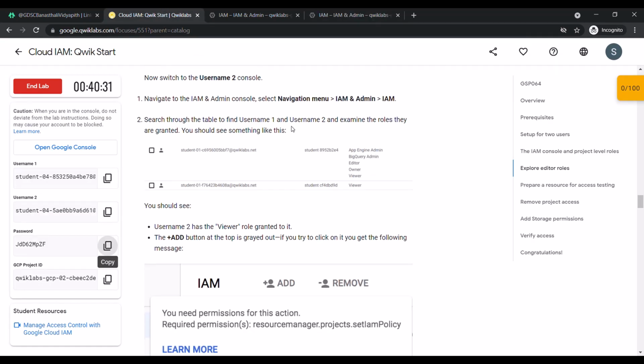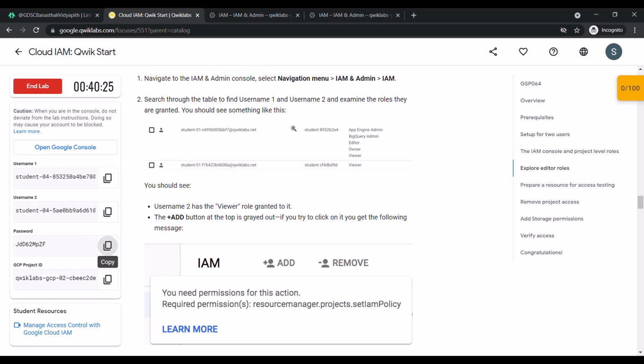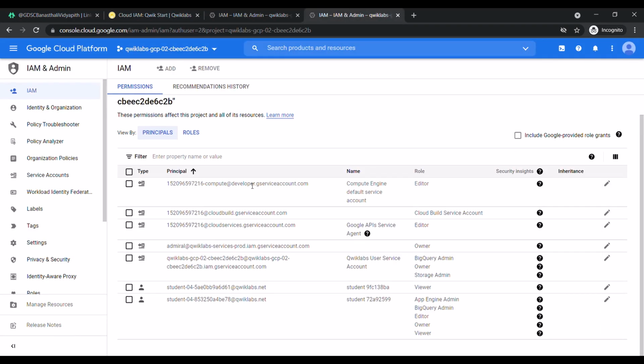Search through the table to find username 1 and username 2 and examine the roles that they have been granted. You should see something like this. Our first username is 853. Let's remember this: 853 is the first and 5AE is the second one. Let's scroll down. The last one is our first username and the second last one is our second username, to avoid the